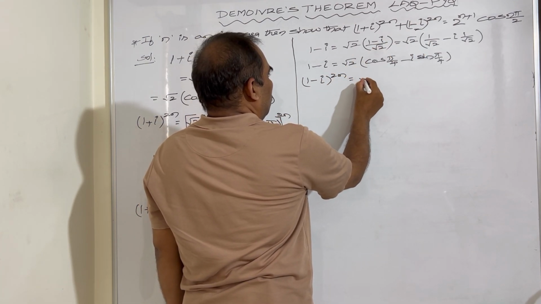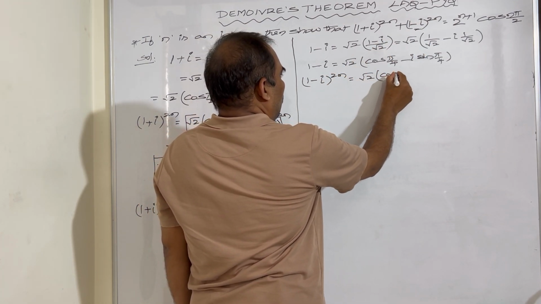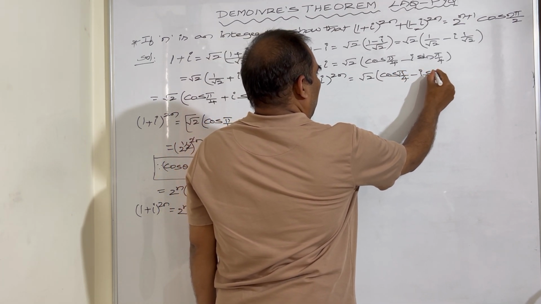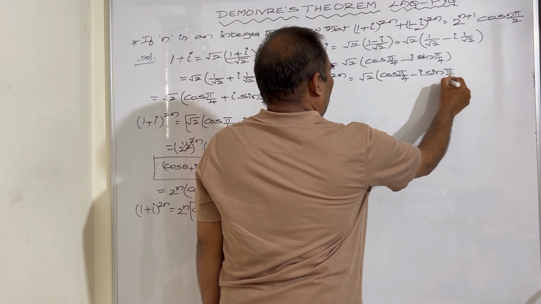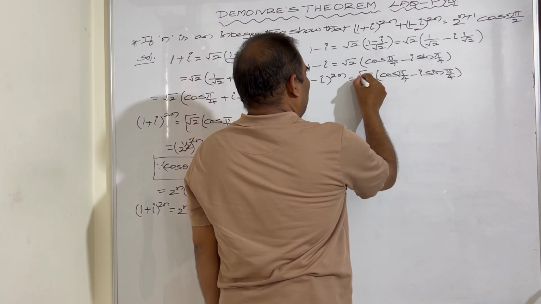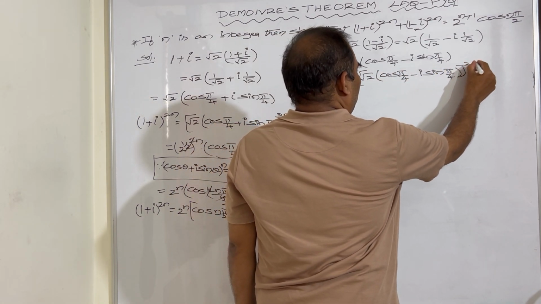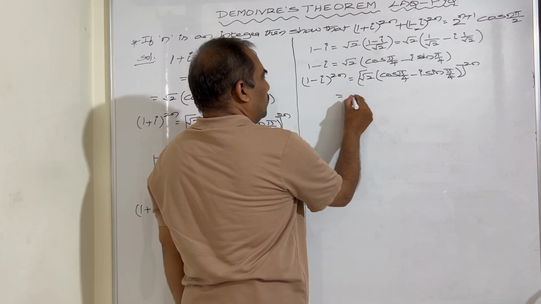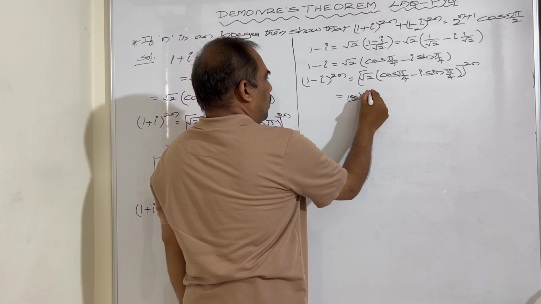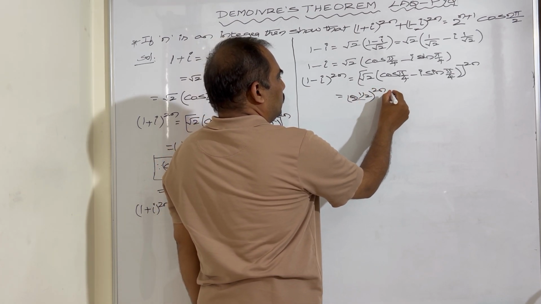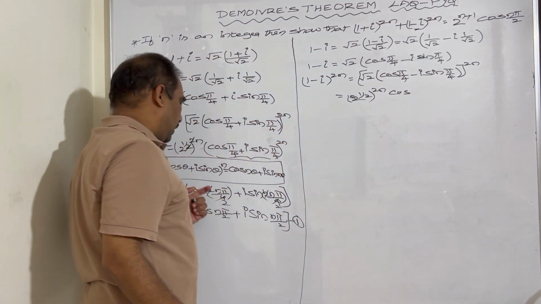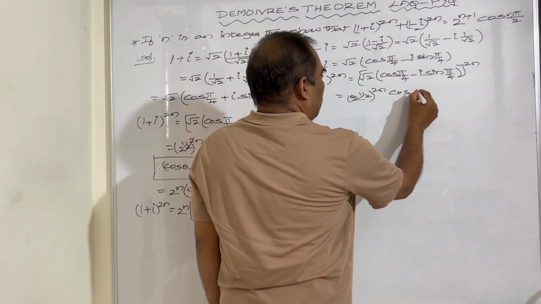So this is equal to root 2 into (cos pi by 4 minus i sin pi by 4) whole to the power of 2n. When you apply De Moivre's theorem for this, root 2 means 2 to the power of 1 by 2, whole to the power of 2n. So into cos, when you apply De Moivre's theorem, same like this, we get 2n pi by 4,